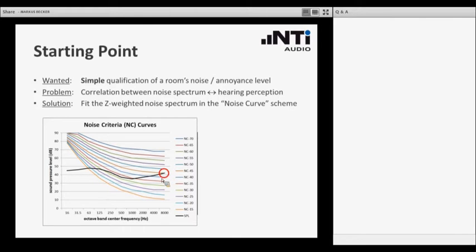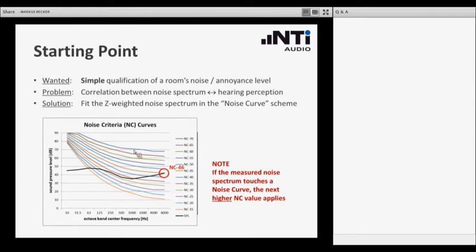In this case, it would be this point here, and you see the orange curve, it's the NC45. The standard says that the noise curve result of this measurement would be the next higher curve, which is the NC46, because the NC46 curve does not touch our measurement curve.